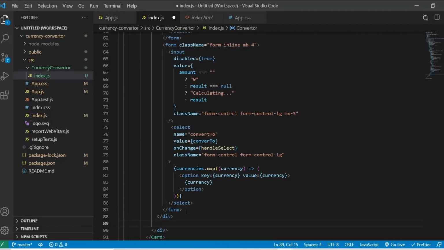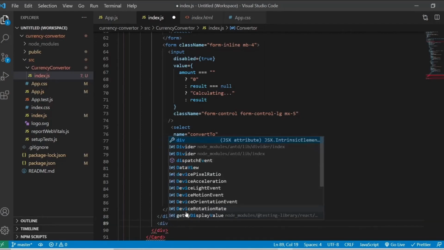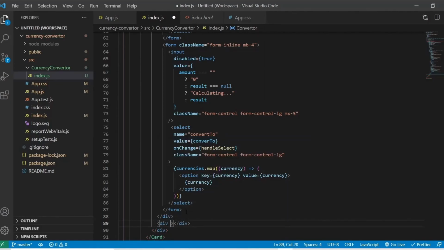Now we have the second input and the second drop down as well, and we have closed the div here. Now after that div we need another div in order to provide that arrow if the user wants to switch between the drop down values.